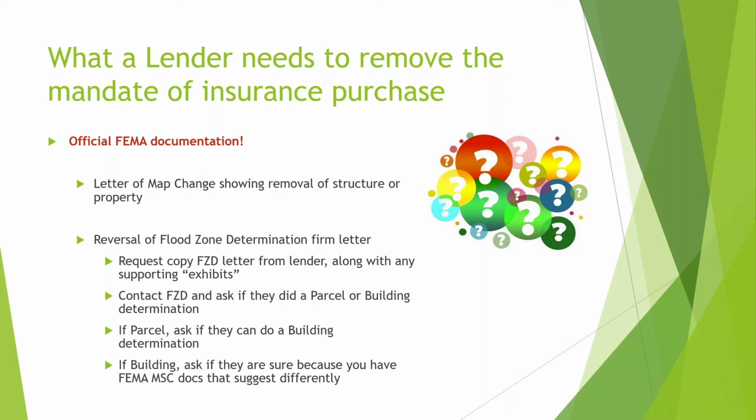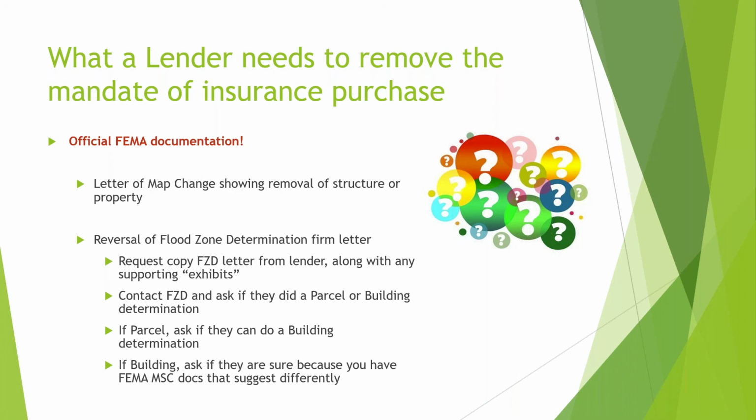Flood zone determination companies get hundreds of these a day, and they pull up the FEMA map the same way you or I would do it on the map service center. They pull it up, they look at it, and they go, oh, there's floodplain on that property. Boom, you're in. And the lender then says to the buyer, you've got to have a policy. So I guess the thing to say on this particular slide is that the flood zone determination firms do make mistakes, just like FEMA does on their maps. And there are